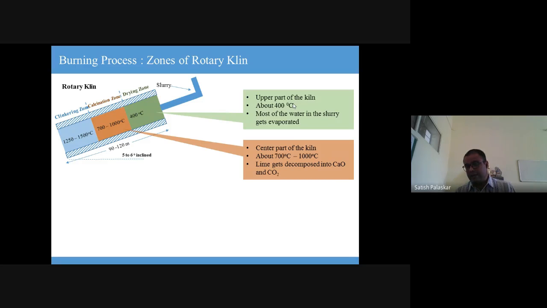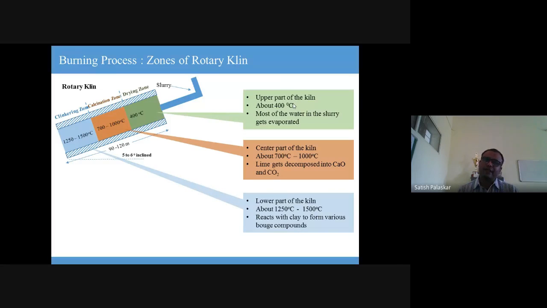Now, see here carefully. Lime gets decomposed into CaO and CO2. CO2, that is the important part. When you read any article, either in the newspaper or on any news channel, about cement manufacturing companies, if we manufacture 1 ton of cement, nearly 1 ton of carbon dioxide is released into the atmosphere, and the temperature of atmospheric air will go on increasing. That's why many researchers are working to find a substitute for cement, so that the adverse effect of the manufacturing of cement will be minimized.